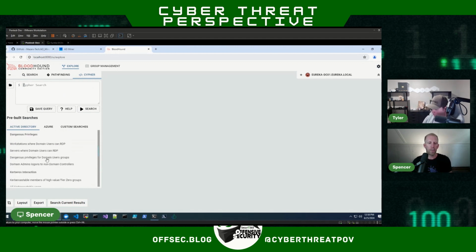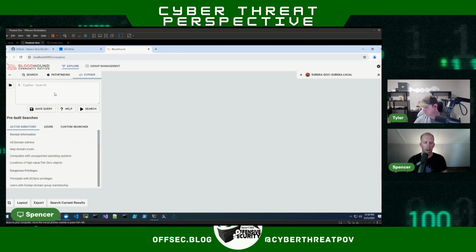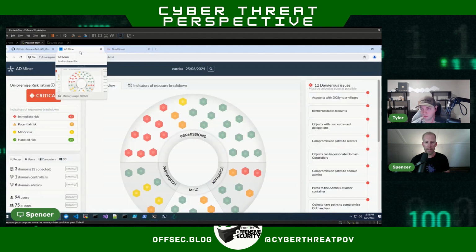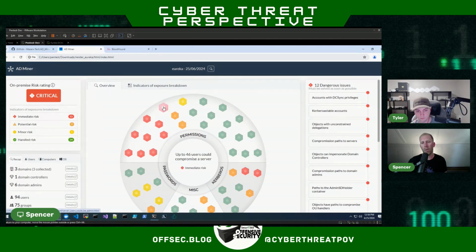Before, when I used to do this, I would literally look at all the group names, all the OU names, and see if anything interesting caught my radar. And I found that when I ran AD Miner, I was potentially missing stuff that might be important that wouldn't necessarily be full control over the domain, but still is a misconfiguration that could allow a user to do something that they shouldn't in that environment.